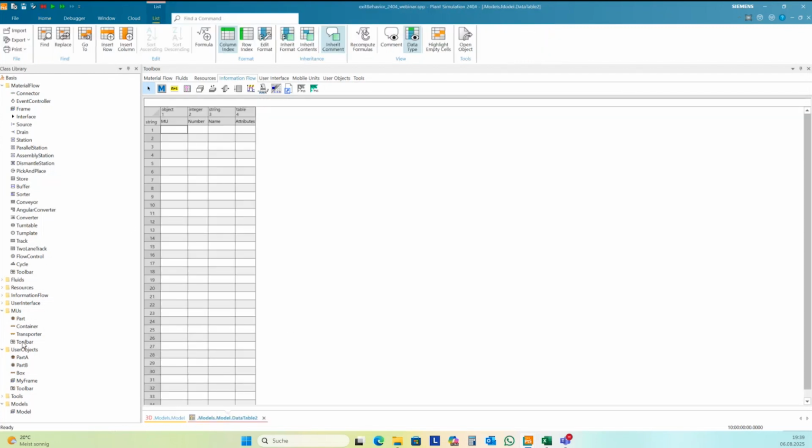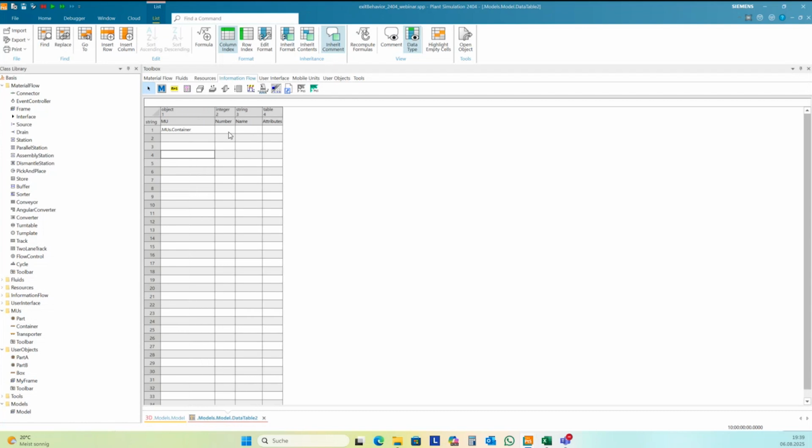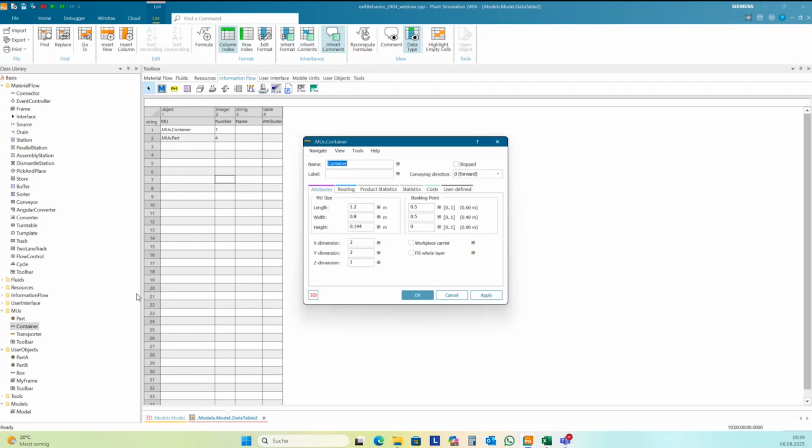This produces the container. One container. And then it creates parts. For instance, 4 parts. And the container should load 4 parts here. It's the basic settings. I have changed this.